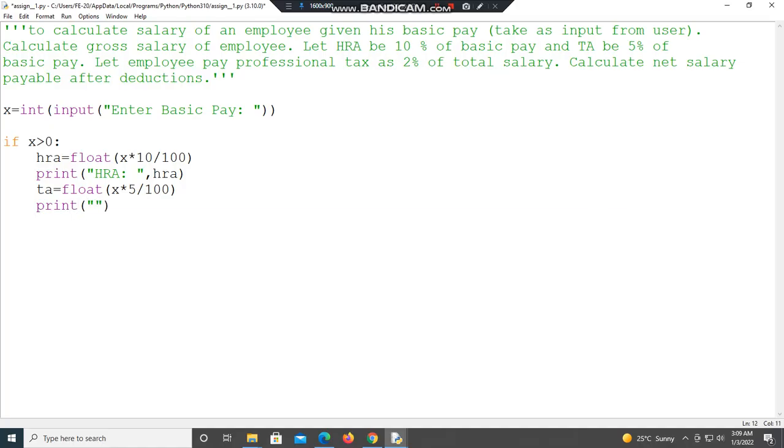Print TA. After that, you need to calculate the tax. Tax is equal to, again, float, it is 2% of your salary, into divided by 100. And then print the tax.